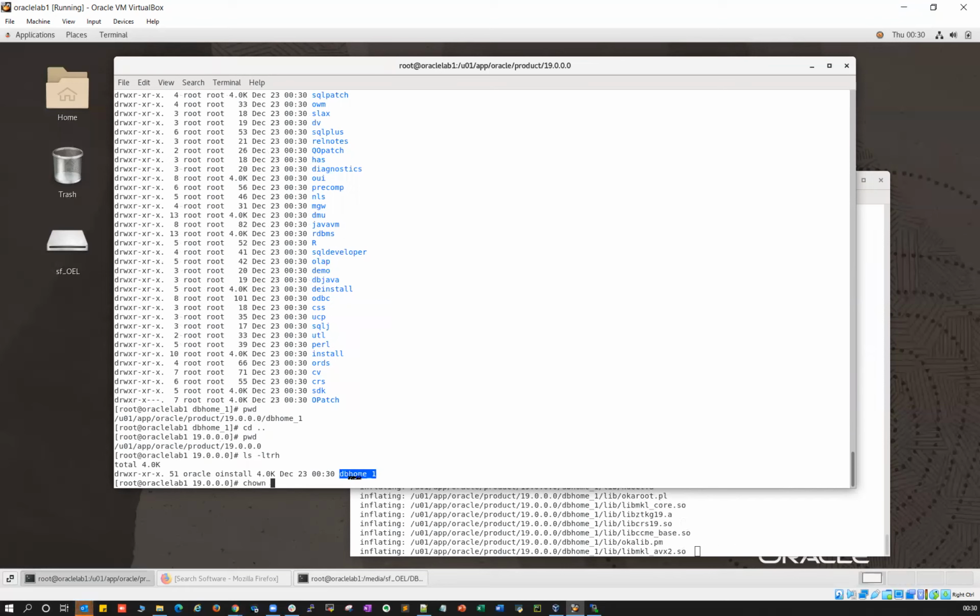You have to use chown -R oracle: and db_home. With this -R, all the directories inside this db_home that are owned by root will get changed to the Oracle user.